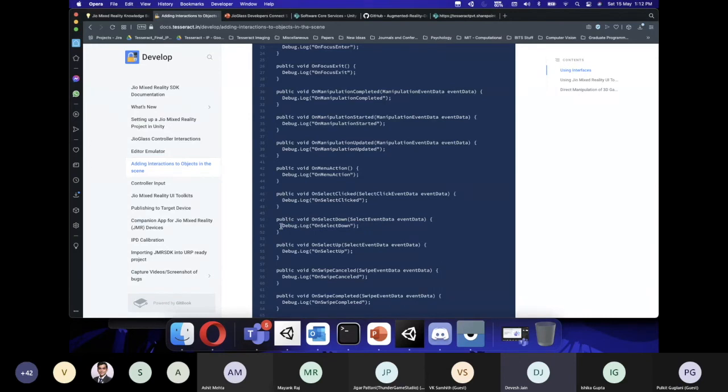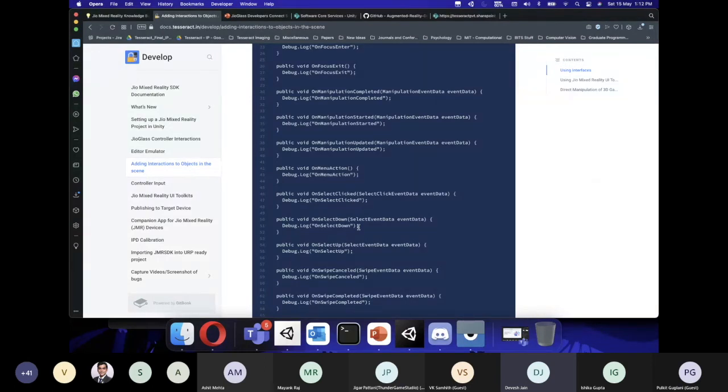And what this allows us to do is when you're pointing at the elephant and you click on it, it will only trigger the script which is attached on the elephant interactable, or rather on the elephant object, and it will call this function on that particular object, and not on the other one. So that's how you can customize that. I want to implement on select down for both, but I want different functionalities for both.